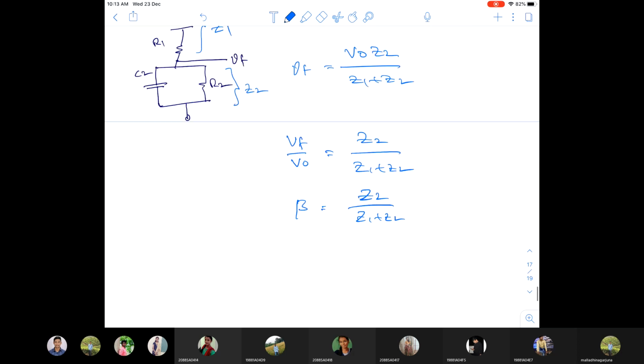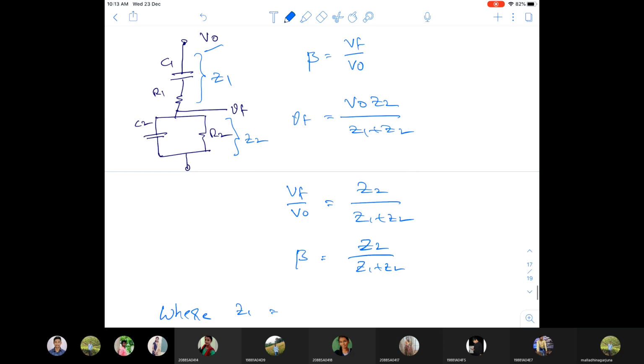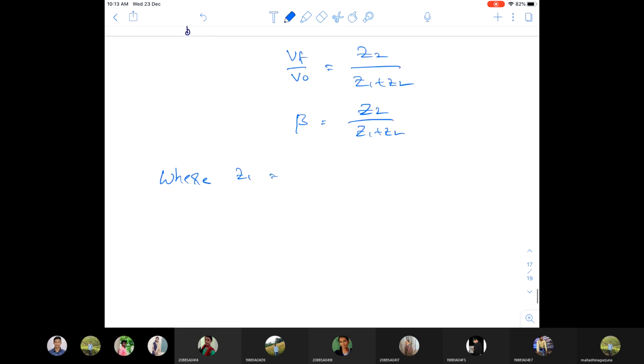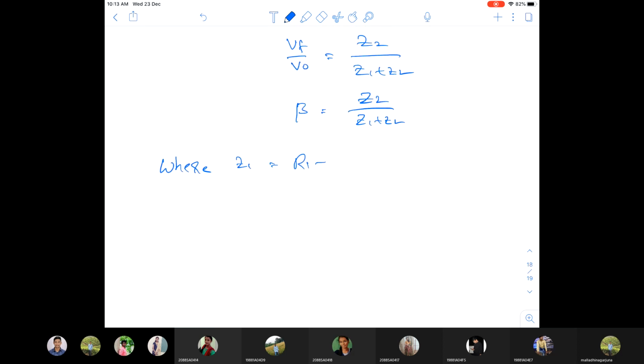So where Z1 is equal to, what? So what is Z1? C1 and R1 both are in series connection. So R1 plus 1 by j omega C1. Similarly,